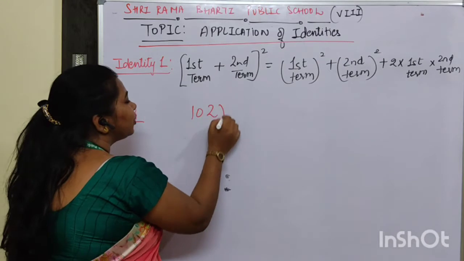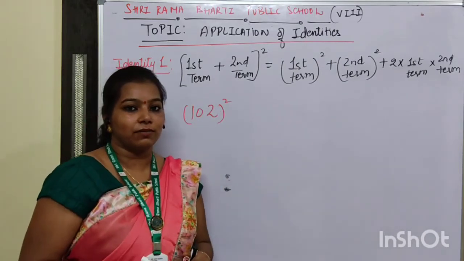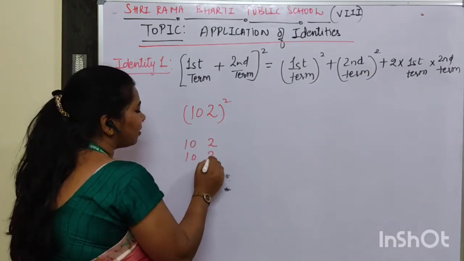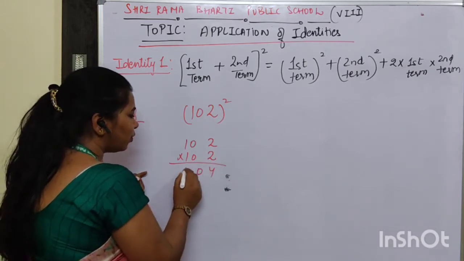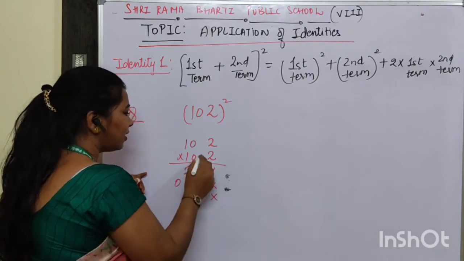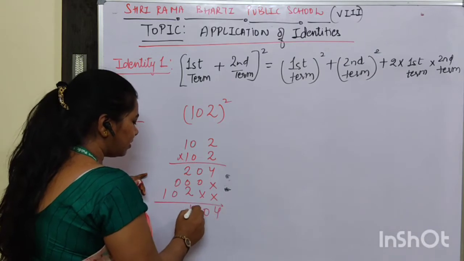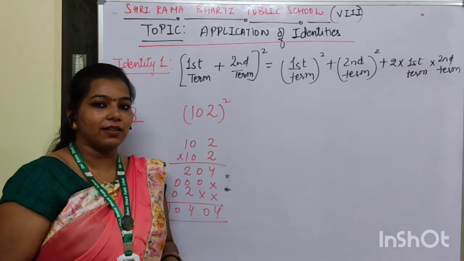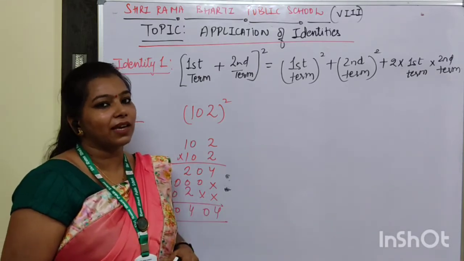of 102 without traditional multiplication. Or I'll show you the traditional multiplication first. When we are multiplying the number, how are we multiplying it? 2 2s are 4, 0, 2, then 0, 0, 0, then 1, 0, 2, then we will add the numbers and thereby we will get the answer. Right? What if I multiply it orally?